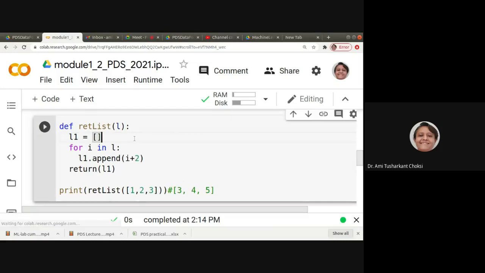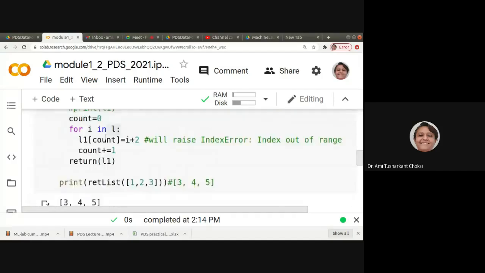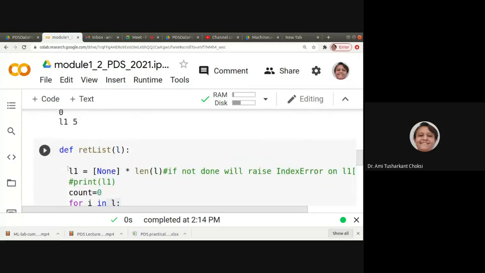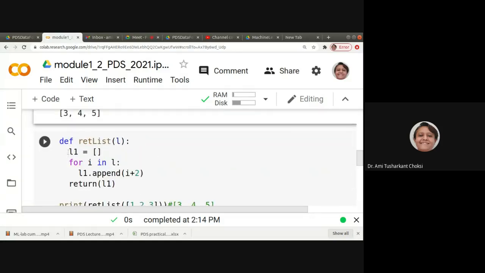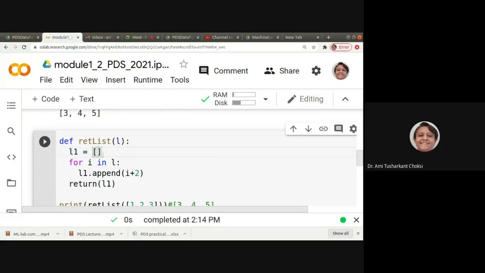Right. Now, let us do the same thing. To do the same thing, here we have the function wherein we write L1 is equal to an empty list. Instead of initializing it like this, we initialize it as an empty list.